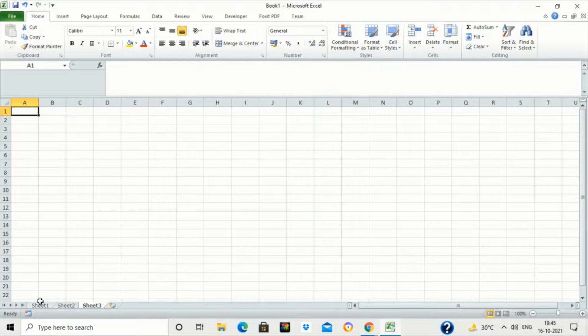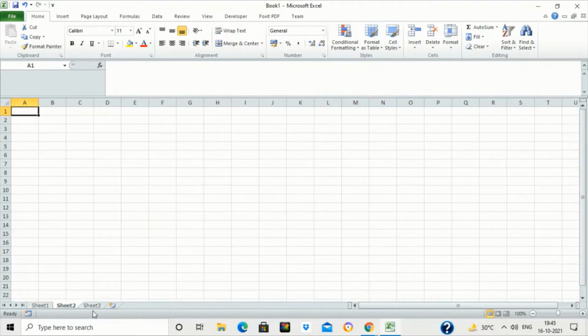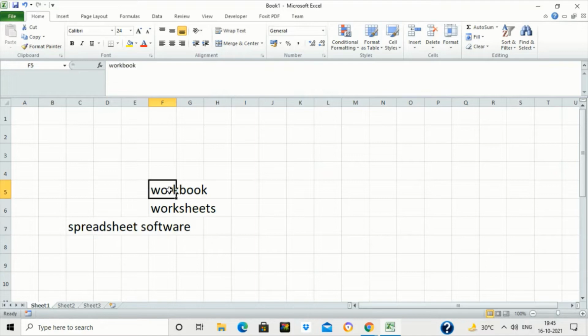By default there are 3 sheets, and this entire Excel file is known as a workbook. We create and work on various worksheets. And these small rectangular boxes which you see when we open the file are known as cells.